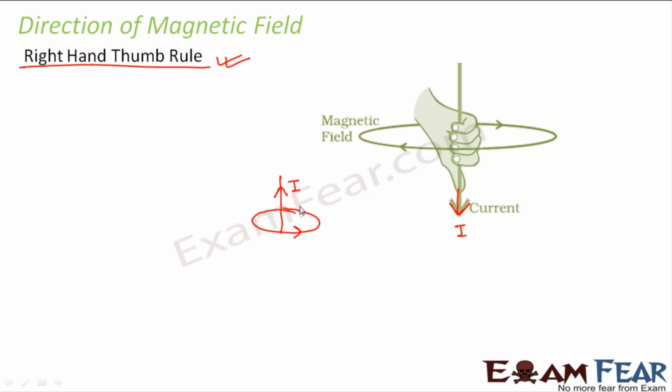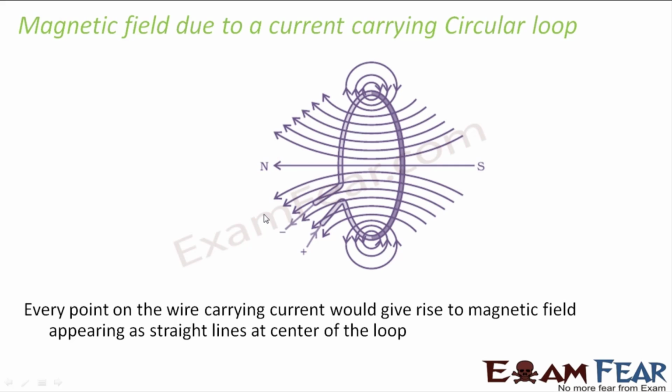So now you have an idea about the magnetic field due to a straight current carrying conductor. For a straight current carrying conductor, the magnitude of the magnetic field is directly proportional to the current and inversely proportional to the distance, the pattern is in the form of concentric circles, and the direction is given by the right hand thumb rule. Let us now look at the magnetic field due to a current carrying circular loop.